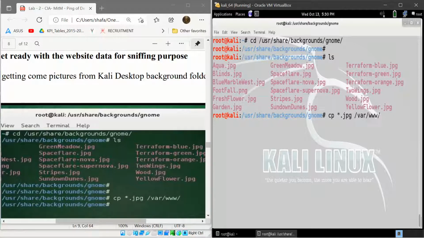This is the web server folder, where the data and index file, everything will be inside. I just copied, copy only, not move.